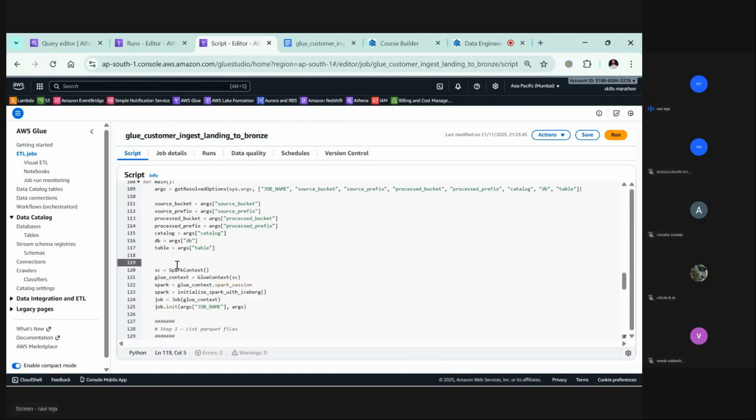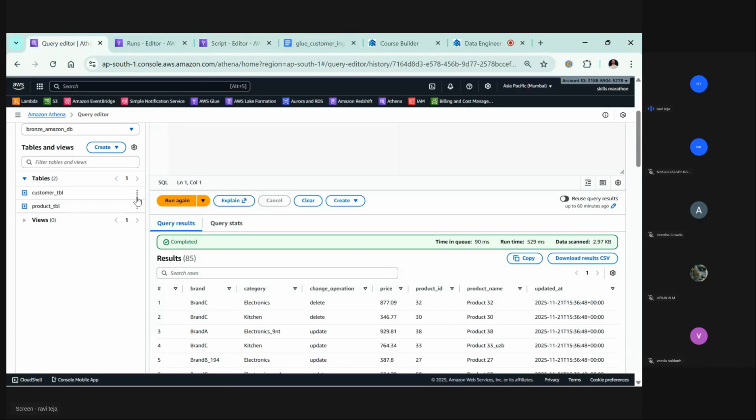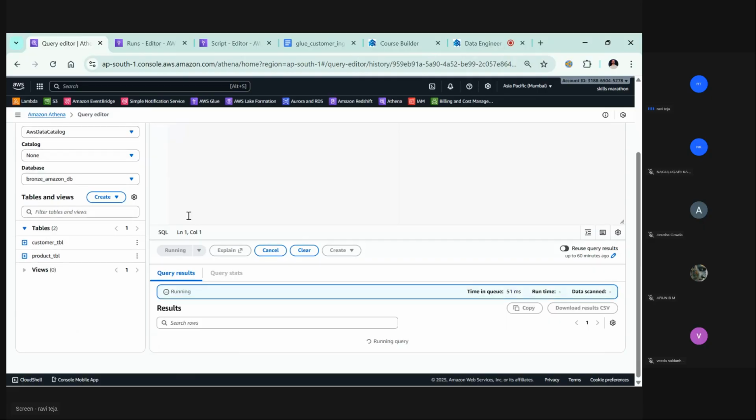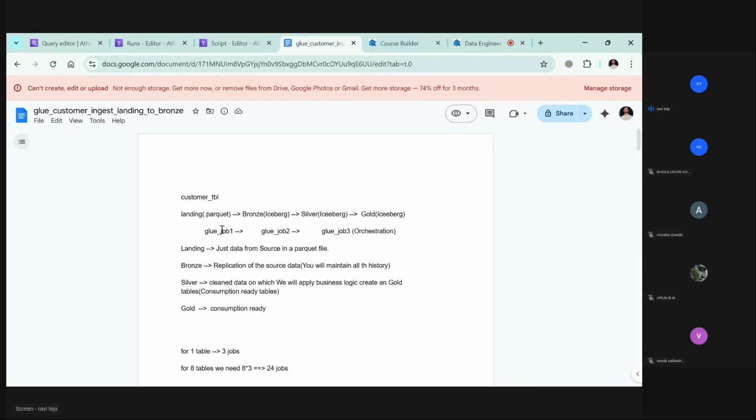Now today, let's try to build between bronze and silver. What is bronze? What is silver? If I go and see here, this is the bronze Amazon DB. These are the tables which I built, the customer table, and we already discussed that these are Iceberg tables. So from an Iceberg table, read and build an Iceberg table out of it. Simple. Our next task will be to